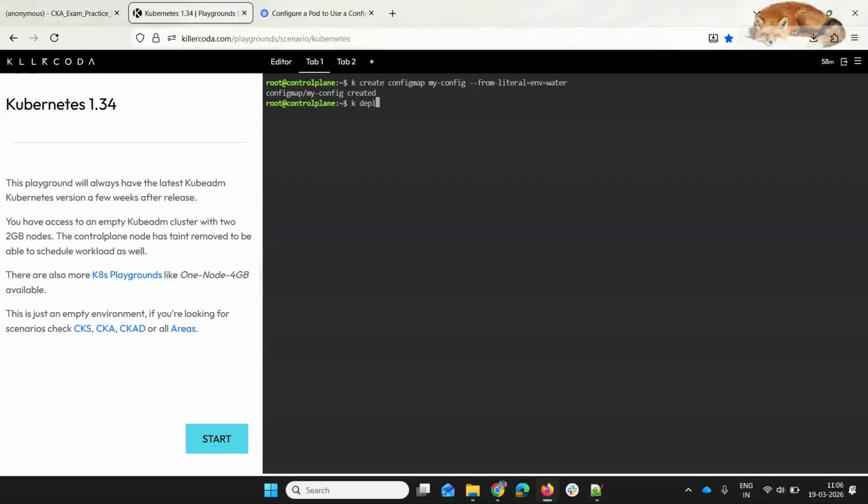So I'm using an imperative command for this. You can use our documentation also for creating the deployment. kubectl create deployment my-dep, and I am using --image equal to nginx:1.21, and I'm using replicas to be 3, and I am not going to create it just now, but